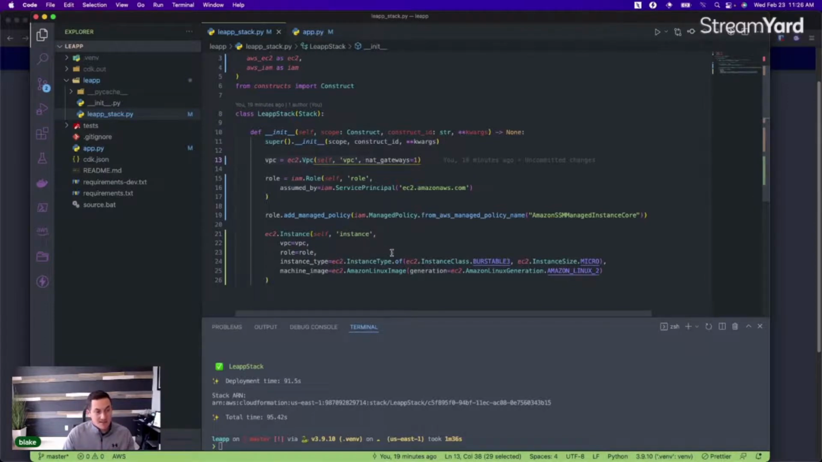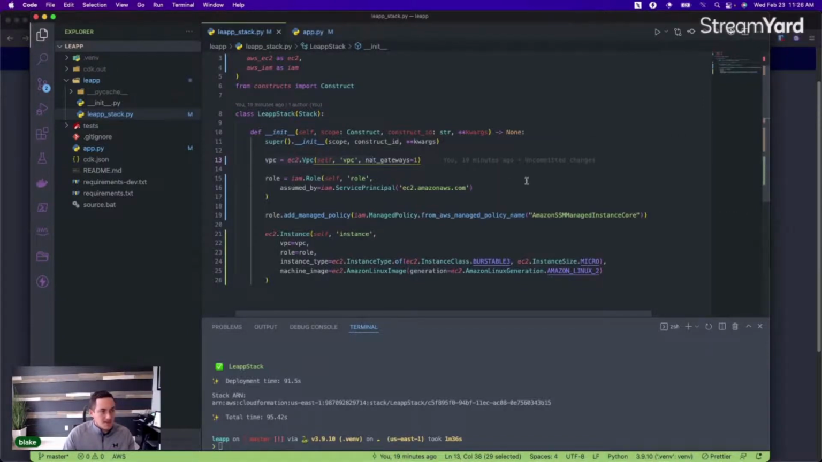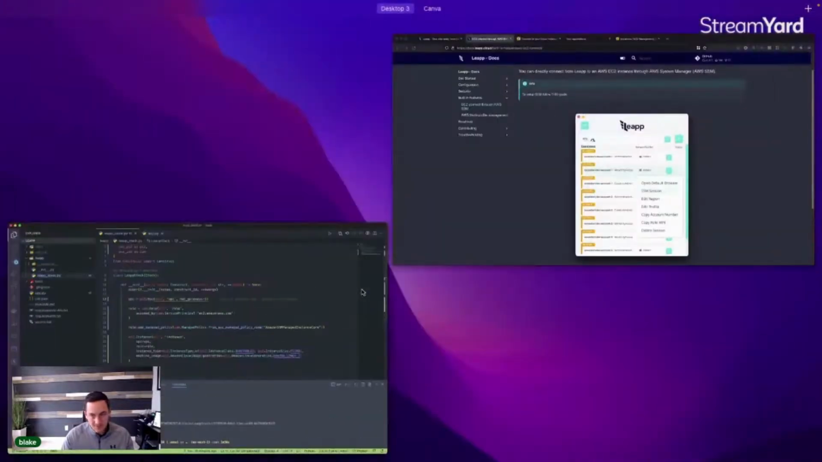And this instance is just a T3 micro running Amazon Linux 2 inside the VPC. So again, nothing too crazy, but what you'll notice here is that there's no key pair. I'm not creating a security group that allows port 22 from my workstation, right? And so if we come over to Leapp now,